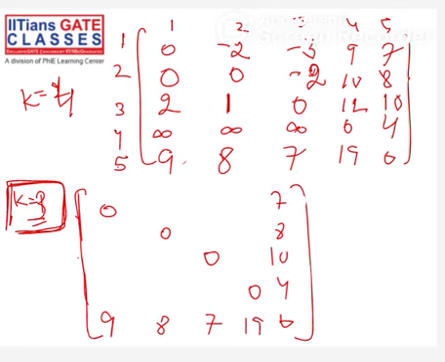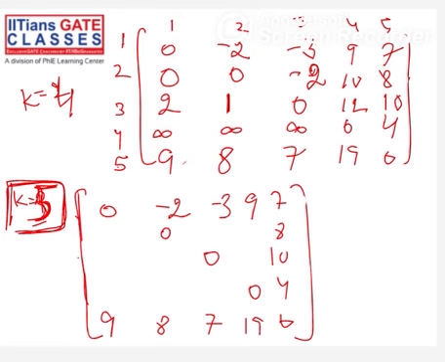Now 1 to 2. 1 to 5, this is 5. 1 to 5, 5 to 2. 1 to 5 is what? 7. And 5 to 2 is 8. No, minus 2 is better. 1 to 5, 5 to 3. 5 to 3 is 7. 7 plus 7, no, 14. Minus 3 is better. 1 to 5, 5 to 4. 9 is better.